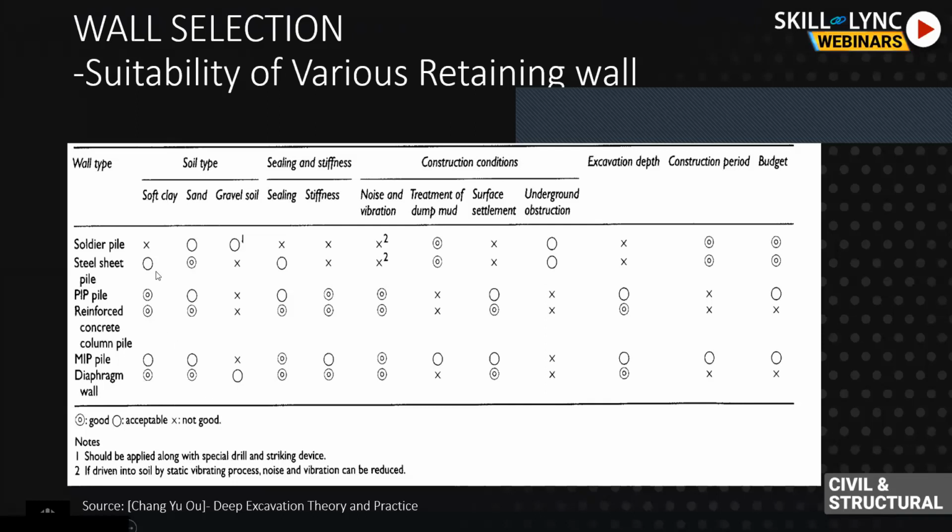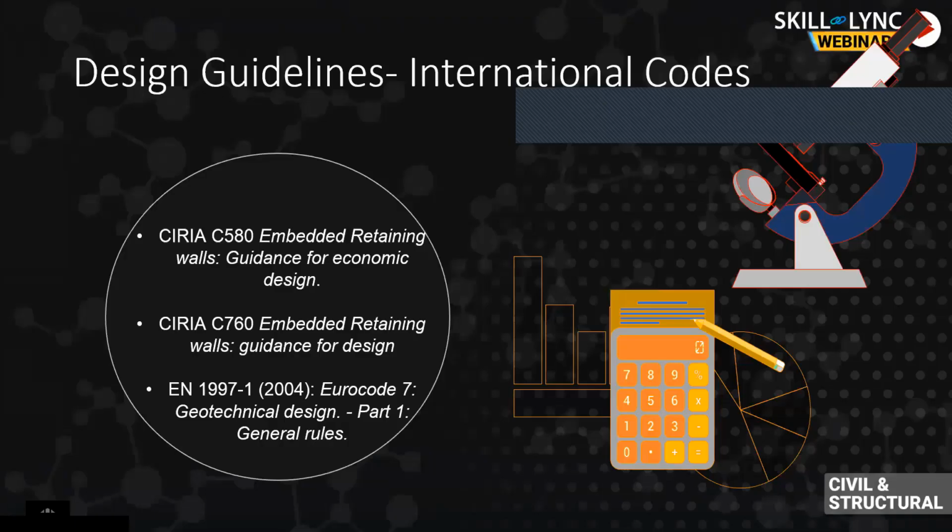But if you see underground obstruction, where soldier pile wall is very good to isolate the utility point, diaphragm wall is not a good option. It is very good to excavate to a larger extent. Construction period, it takes much time because the installation itself is a complex thing, and the required machinery setup is very involved. Design guidelines and international codes, we generally prefer Series C 580, Series C 760, Eurocode 7 to design